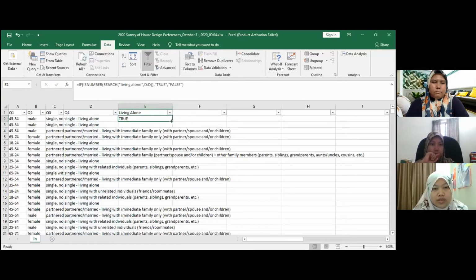So we said that using this formula, if the data contains living alone, we set it to true. Other than that is false. Okay, we try.